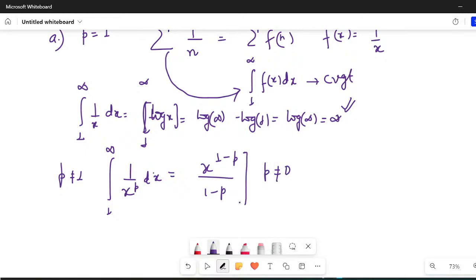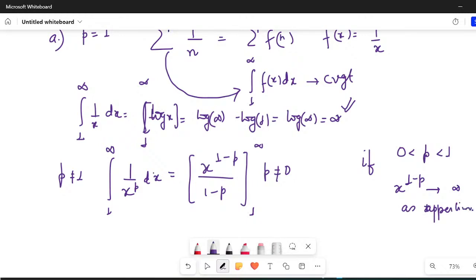Okay, 1 to infinity. Now if p lies between 0 and 1, x to the power 1 minus p would go towards infinity as the upper limit is infinity. Since the upper limit is infinity, if you place the upper limit here, it will become infinity